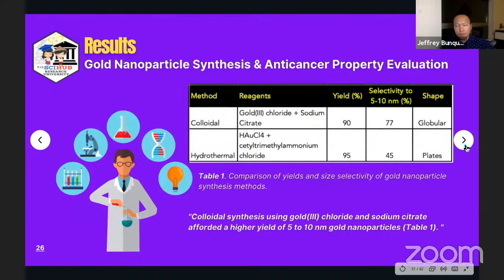Okay. So, in the form of a table, so ito po for example, so ang sabi natin kanina, mag-screen tayo ng dalawang synthesis methods, colloidal and hydrothermal. So, you can summarize some of the data na hindi niyo po pwedeng i-present in the form of a graph. Kasi for example, if you're comparing two different methods, you actually have to provide details about like the conditions that you use, the yields, selectivity to the right size. So ano bang percentage ng product ang 5 to 10 nanometers, and then the shape of your nanoparticle, so globular